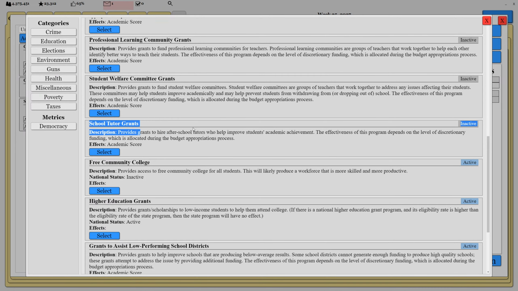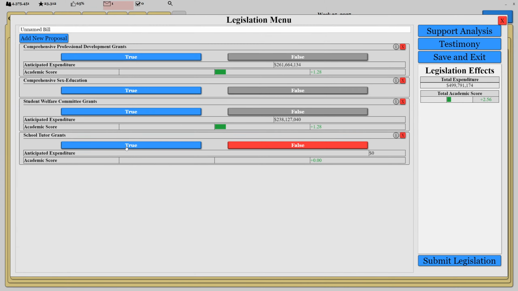School tutor grants, after school tutors, which helps students. How much would this cost? 23 million. Yeah. Okay. Legislation effects. Let's go ahead and call this the Oregon